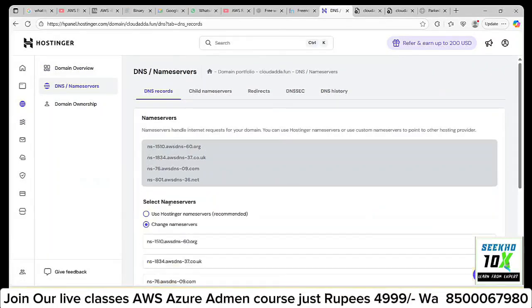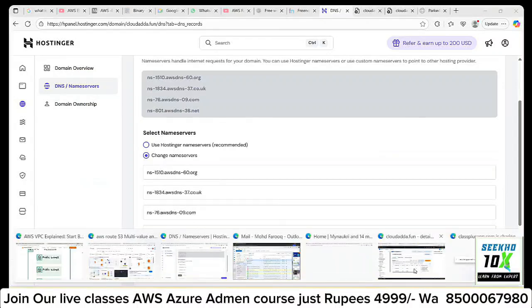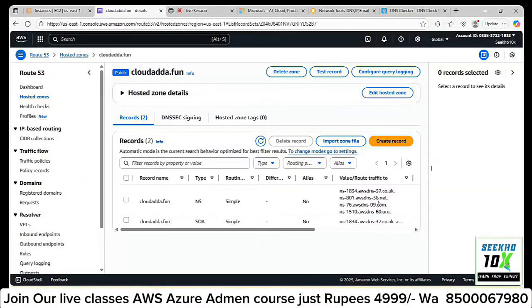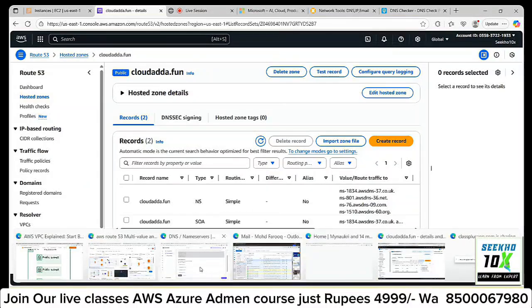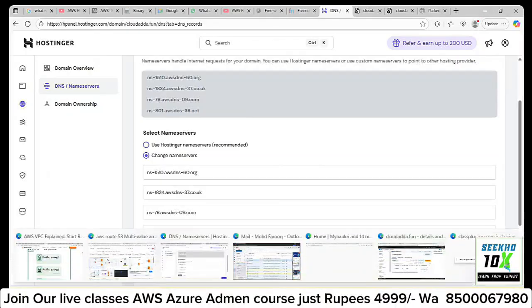By clicking on change name server, I have changed the name servers here, using the same name servers found in my Route 53. That's the reason whenever I try to access this site, it redirects me to my Route 53.